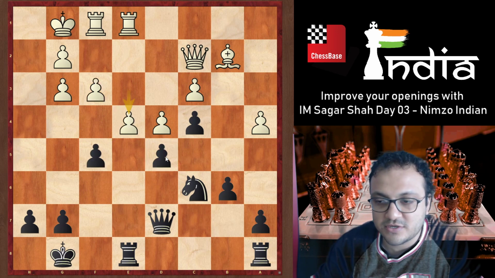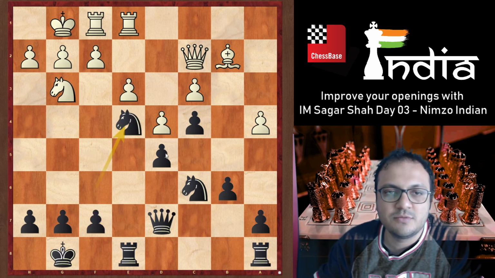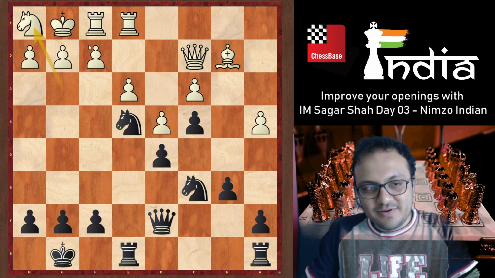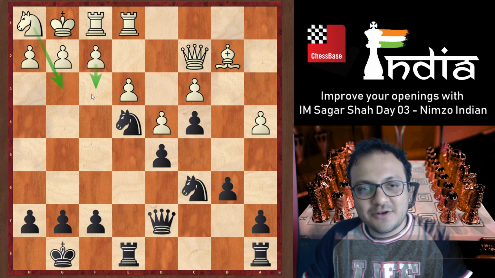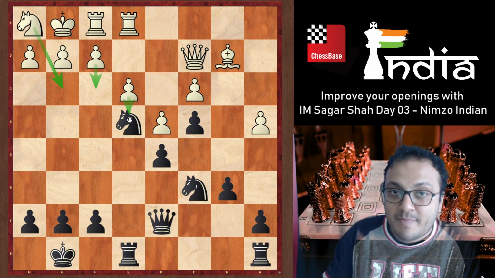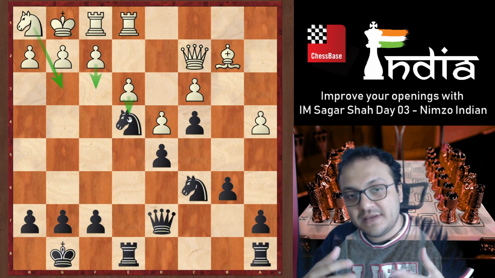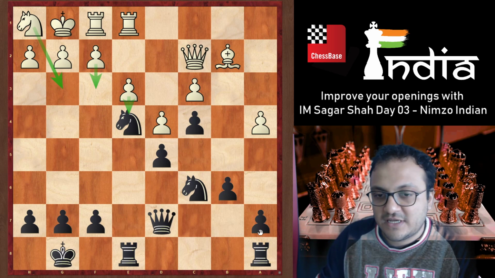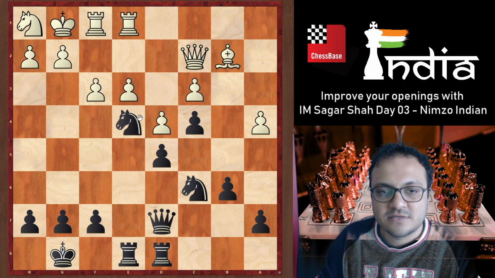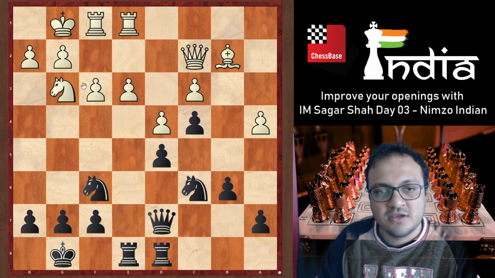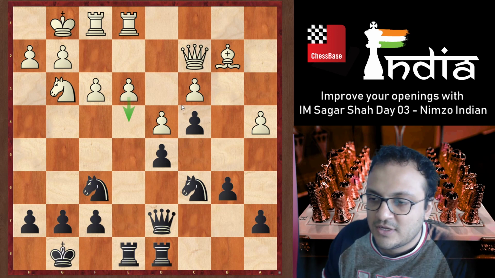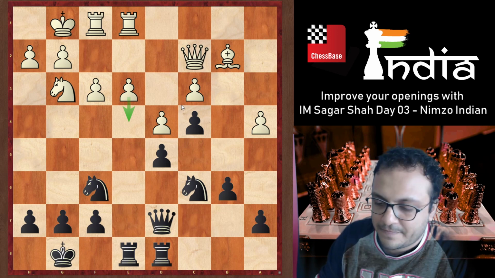Yeah, knight e2 is also interesting. All those who say knight e2 is good, but knight h1 is a nice move because you can't really stop f3, then the knight coming back to g3 and then pushing e4. So knight h1 is like saying white has more space in the center and I want more pieces there. I don't want to exchange them. So just for example, let's say you go rook d8, just not a great move, but f3, knight f6, and now knight g3 with the idea of e4, and I think white will be better in this position. So knight h1 was a good move.